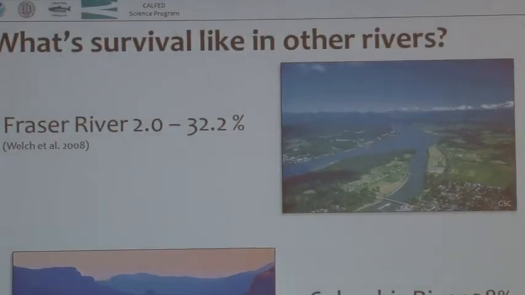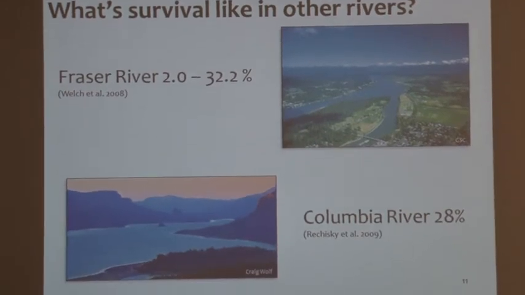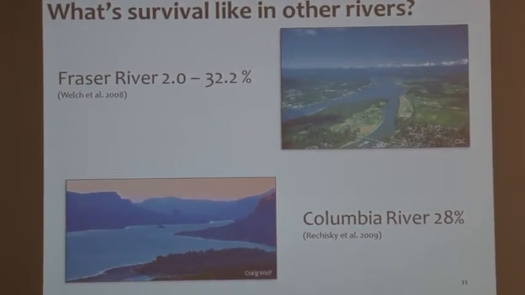Okay, by way of some context, looking at other systems, what does a 5% survival mean for a Chinook salmon population? We worked with some of our colleagues in the Columbia River and the Fraser River in Canada to look at survival rates there. The Fraser River is relatively, compared to the Sacramento River, I would say, an unmodified system. I think it suffers some land impacts from logging and whatnot. But they see survival rates sometimes quite low, but substantially higher there, perhaps not at all surprisingly. What's a bit more surprising is the Columbia River, which is a poster child for salmon systems that are being heavily impacted by dams. They see quite a bit higher survival there, sometimes quite a bit higher than even 28%.